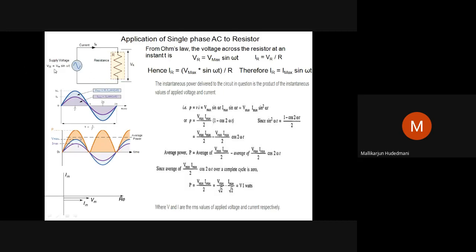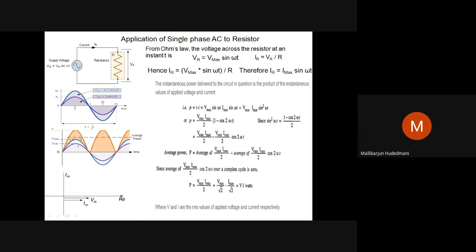When the input voltage is sinusoidal, you can see the waveforms here. There are two waveforms drawn on a common scale. The upper one by magnitude is voltage, Vm sin omega t. The other is the current wave, shown in the lower pane. In the next diagram, we have drawn three graphs, three waves: current, voltage and power.